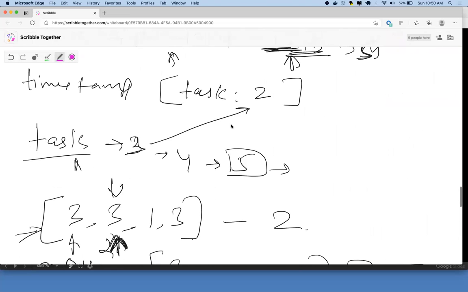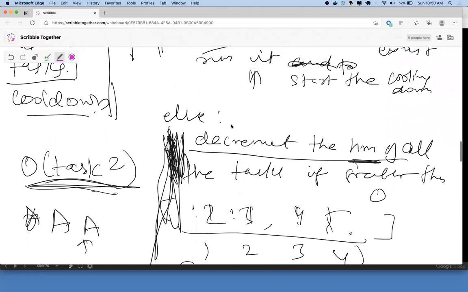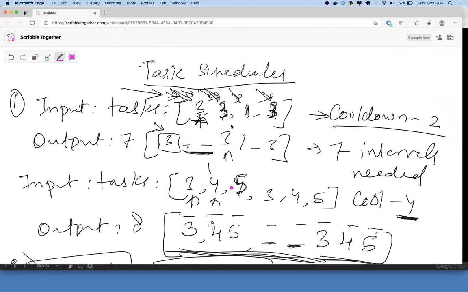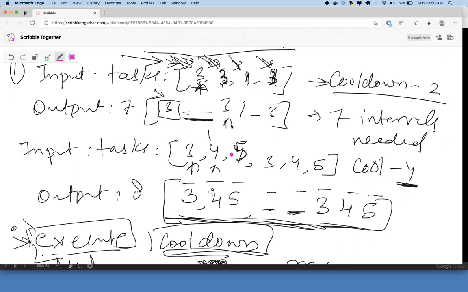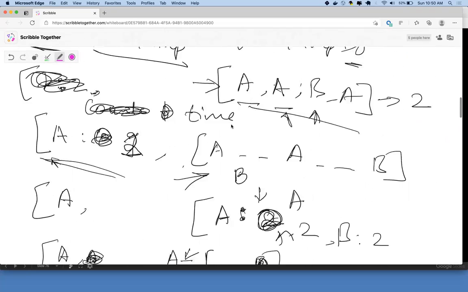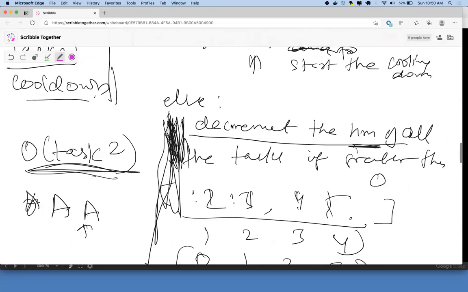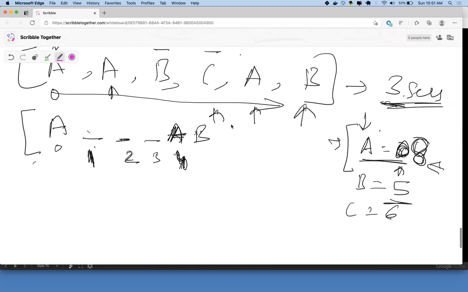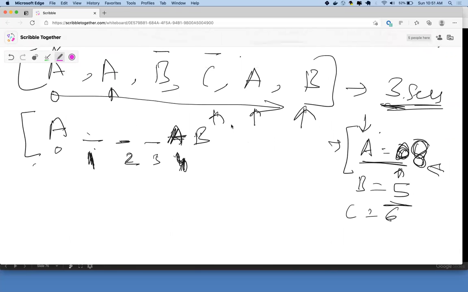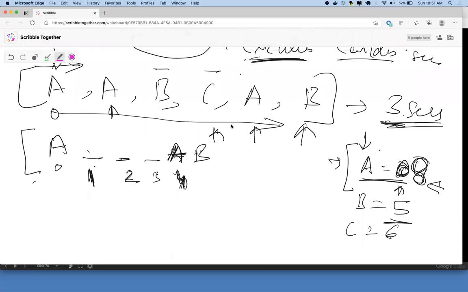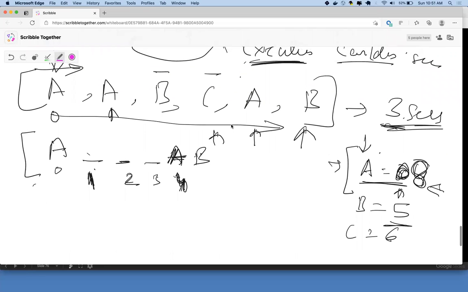Okay. So now let me think one more. But you don't need to loop through the timestamps, you don't need to run the loop 9 times, or whatever, right? Which loop? Just scroll down. It's just the timestamp. No, I'm running through the tasks only. Which loop are you saying?